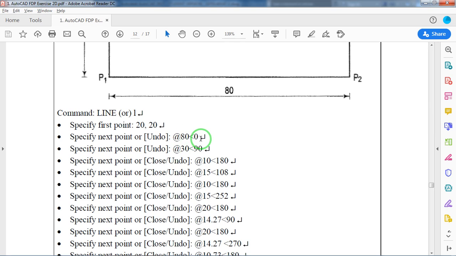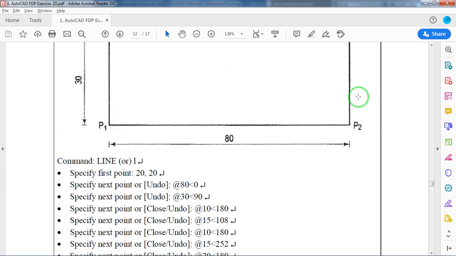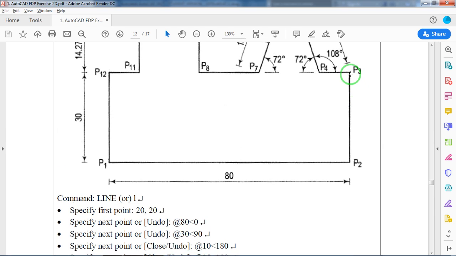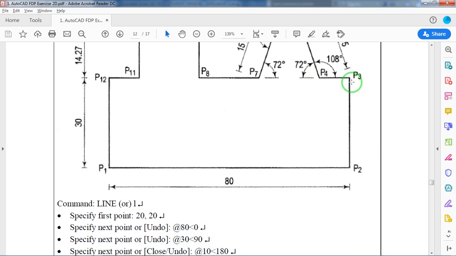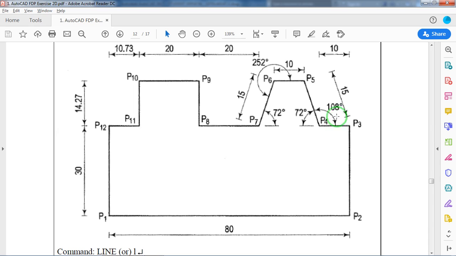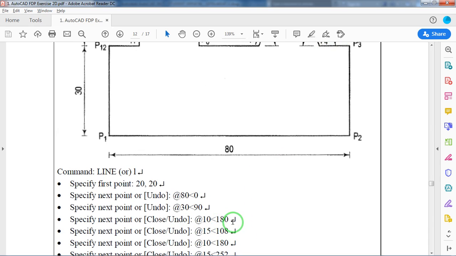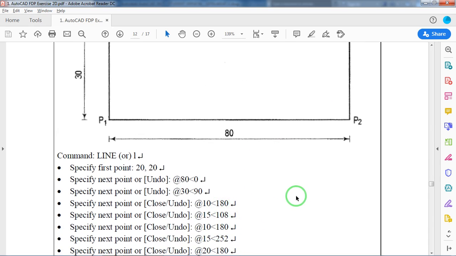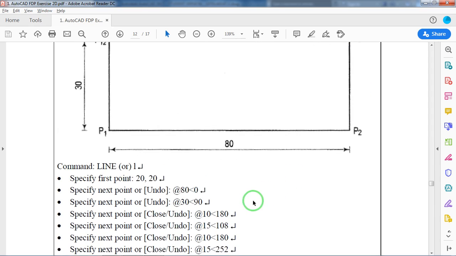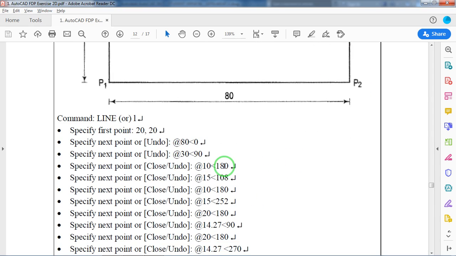At 80 less than 0, with respect to angle means 0. Next P3 at 30 less than 0. P4 10, see, this is 10 less than at what angle? At 108 angle. Like this we have to follow. Printing mistake here.